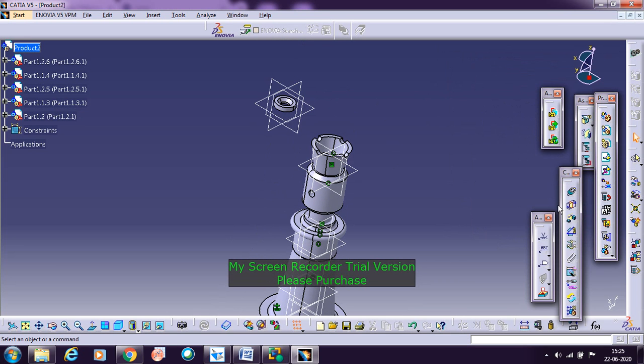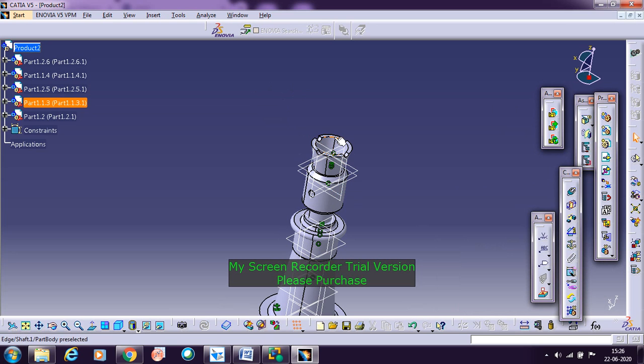Now the same way you need to do it. Go with the coincident constraint, because both the parts are cylindrical. Select the axis of this part, no need to worry about that. You can select the axis of this screw spindle, and then select the axis of this washer here. So click update, so that it will be updated here. Now it has gone inside.